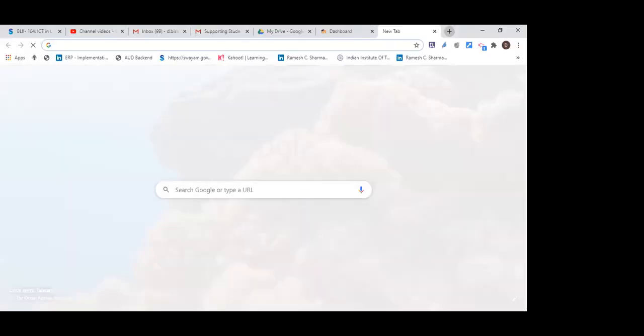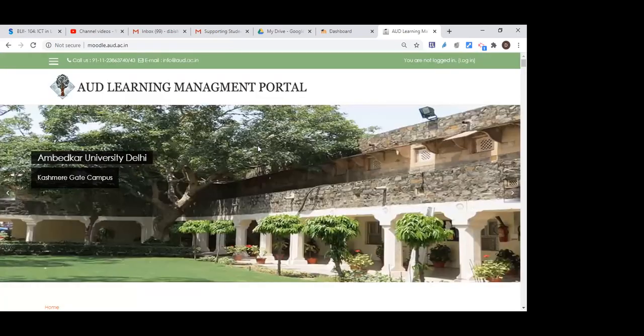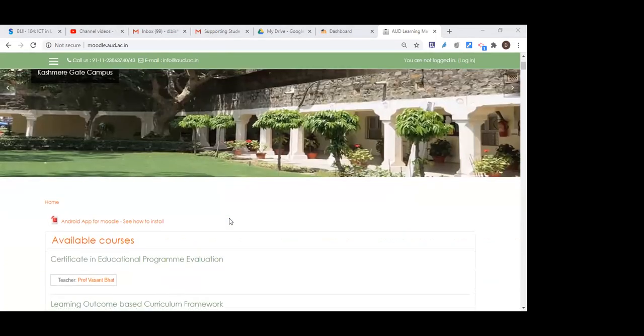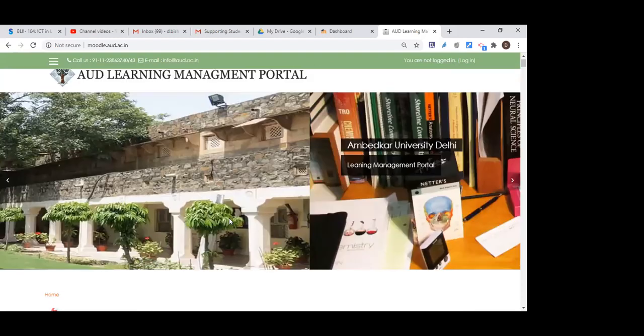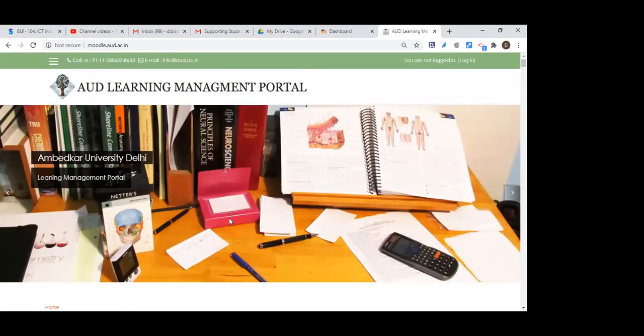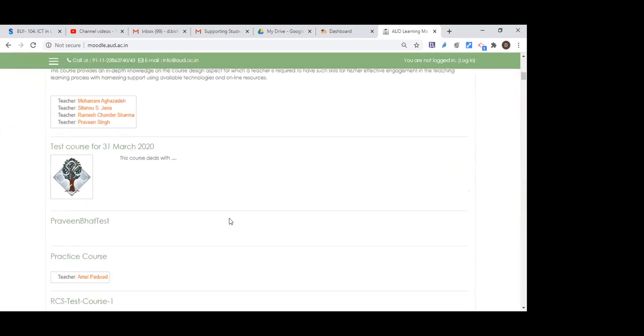Just have a look. Let me open. You can see our university MOOCs delivery platform that we have been using for the last 10 or 11 years. You can see that is our university MOOCs delivery platform that we designed on Moodle. We customized it myself for our students, and they are using it. It's free.